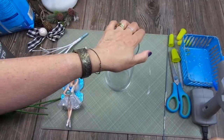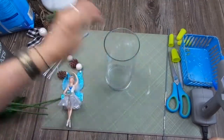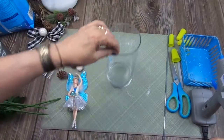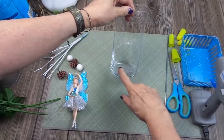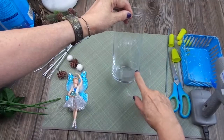Today I have for you a few DIYs that are super quick and super easy. So I don't want to make this a long video, so let's get started. First I have this vase from Dollar Tree. Of course I rehearsed it in advance so I know that I want to fill it with snow till here,